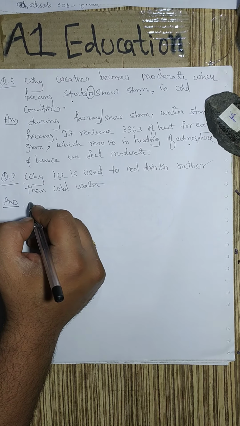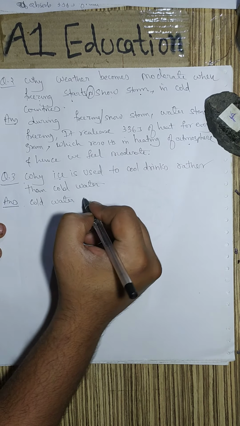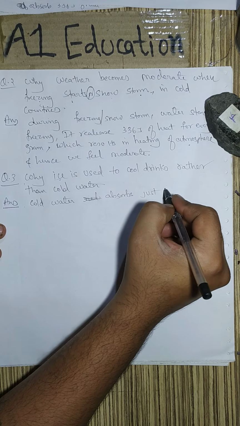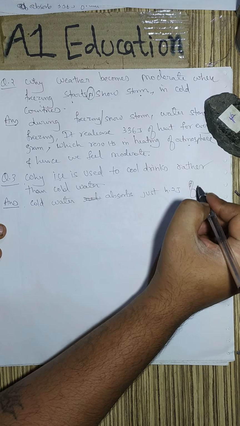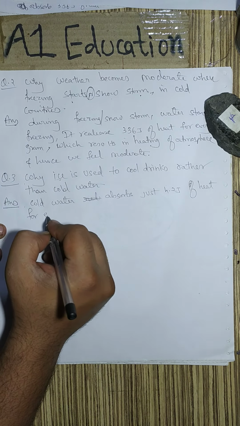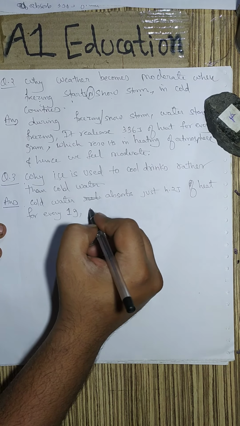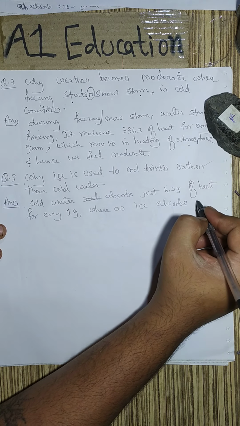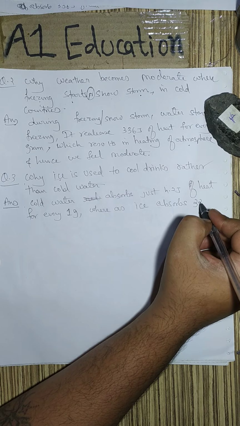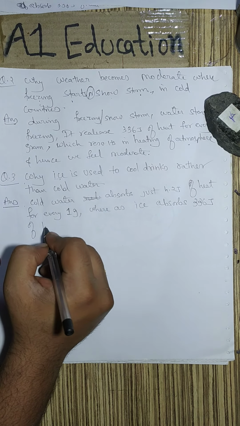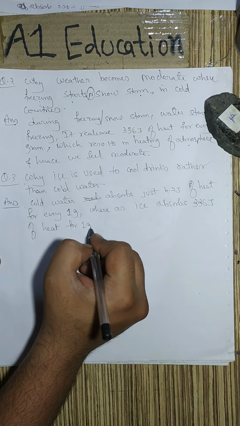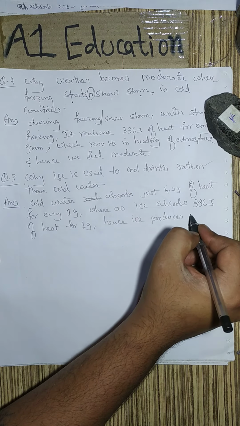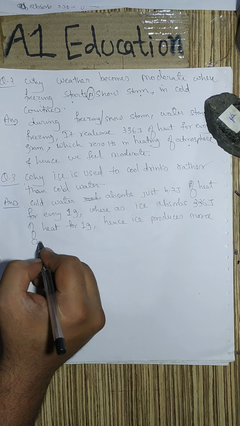So again the simple reason is cold water really absorbs just 4.2 joules of heat for every 1 gram, whereas ice absorbs 336 joules of heat for every 1 gram. Hence, ice produces more cooling effect